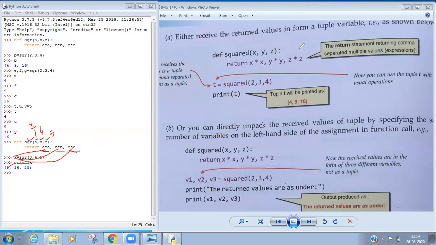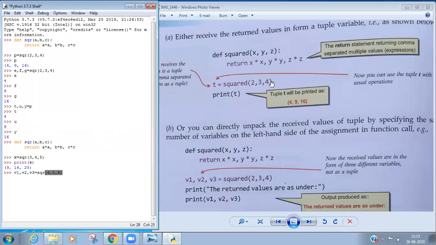This is the first method. The second method: we can unpack this tuple directly into various variables. So here, look at the second calling of this function. I am calling it with three separate variables, v1, v2, and v3, equal to the function name sqr, and I am passing three values, 4, 5, 6.